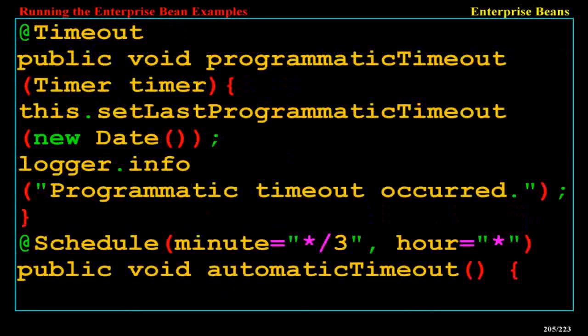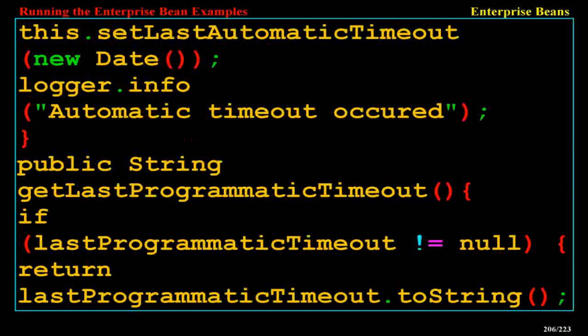@Timeout public void programmaticTimeout(Timer timer) { this.setLastProgrammaticTimeout(new Date()); logger.info("Programmatic timeout occurred."); } @Schedule(minute="*/3", hour="*") public void automaticTimeout() { this.setLastAutomaticTimeout(new Date()); logger.info("Automatic timeout occurred."); }